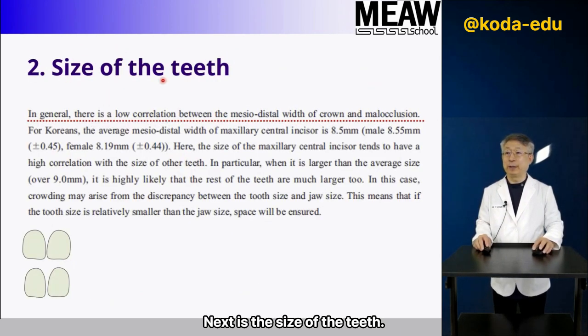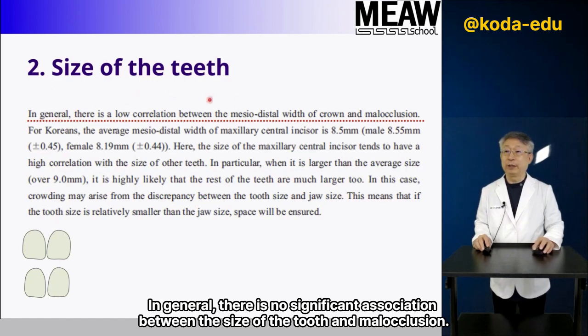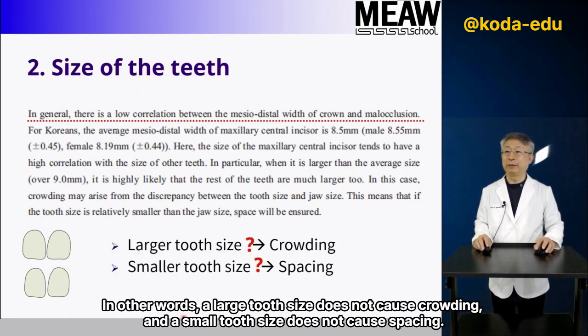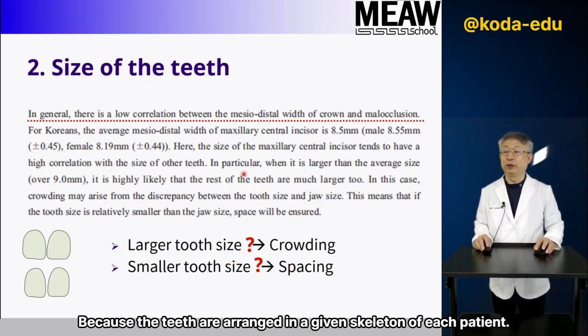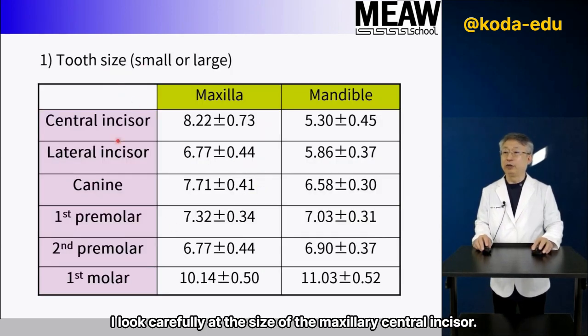Next is the size of the teeth. In general, there is no significant association between the size of the tooth and malocclusion. In other words, a large tooth size does not cause crowding, and a small tooth size does not cause spacing. Because the teeth are arranged in a given skeleton of each patient, I look carefully at the size of the